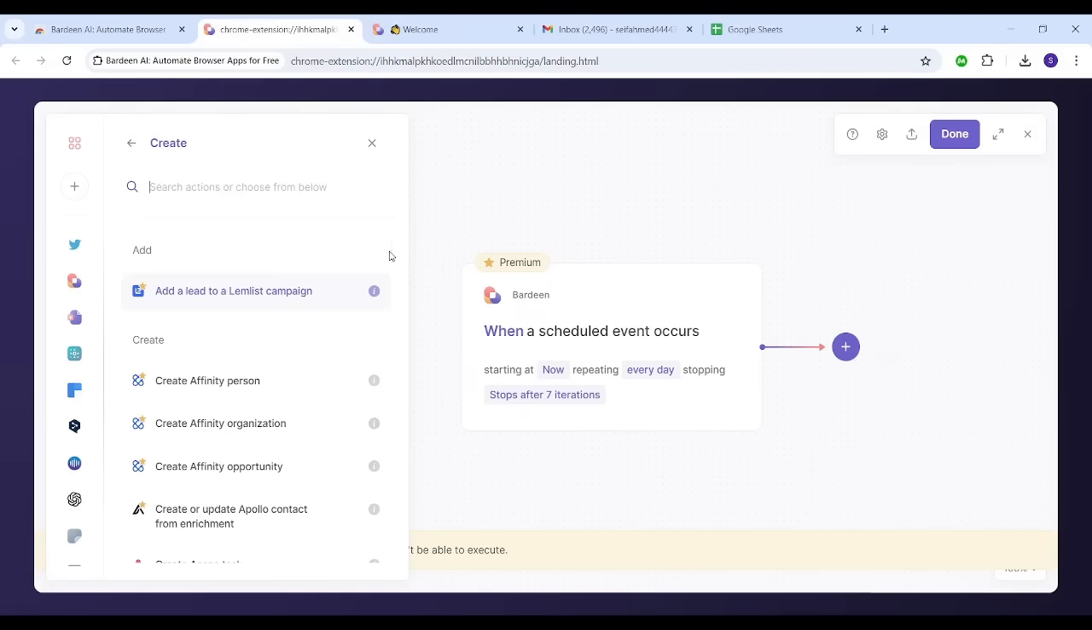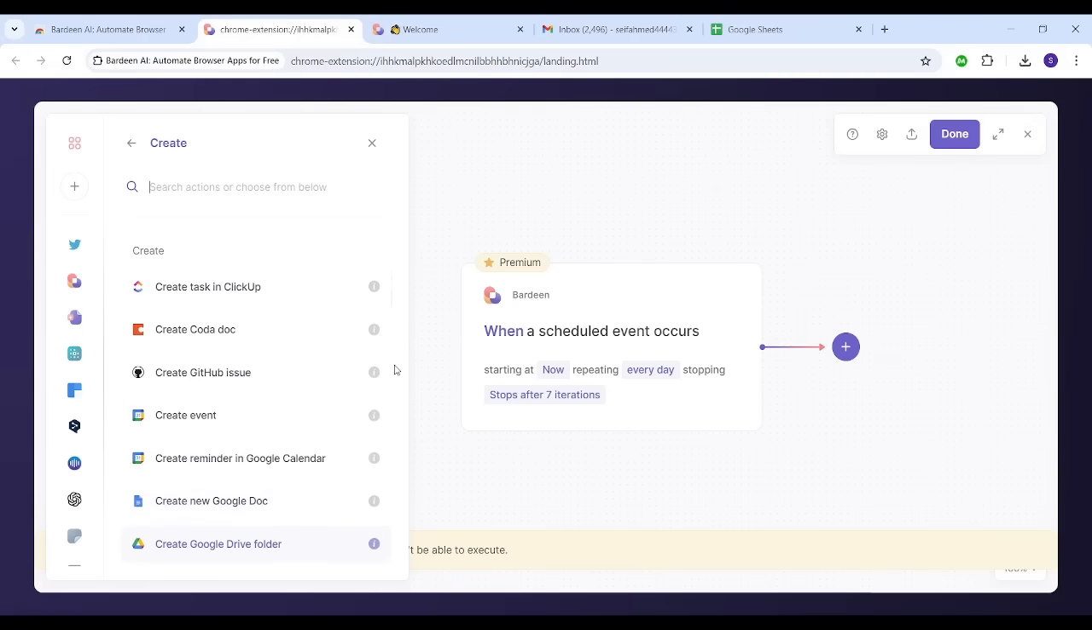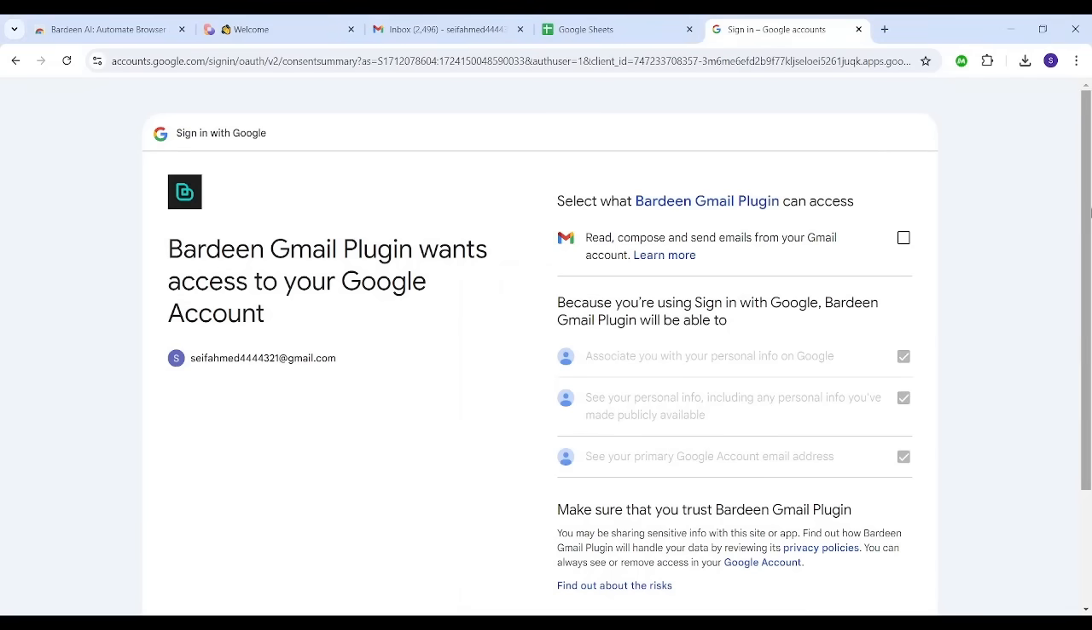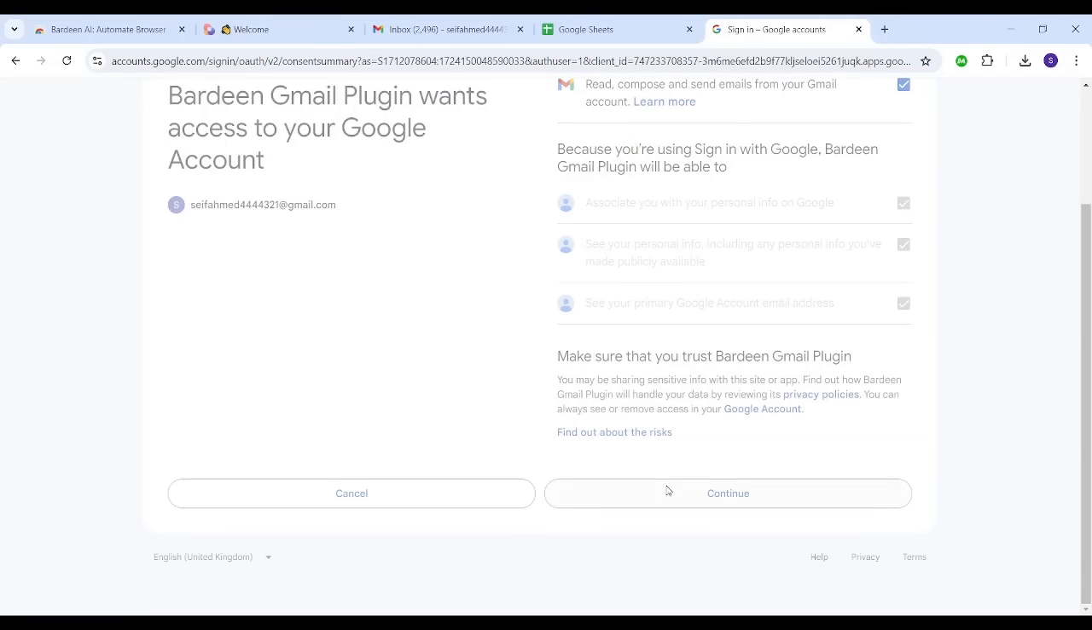Let's search for this list. Create draft email. Let's search for the word email and see what will appear. So I'm going to pick this create draft email as my action. Now Bardeen will ask me to connect my Gmail so that I can send or use Gmail in conjunction with Bardeen. So I just give the permission,